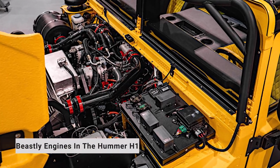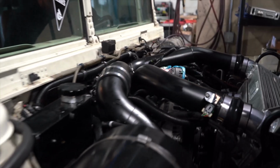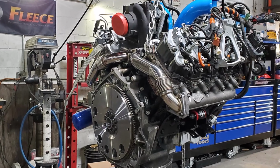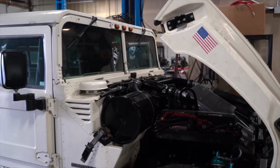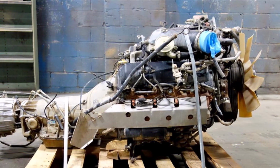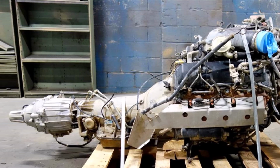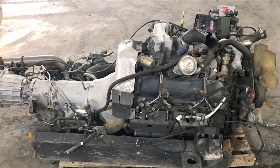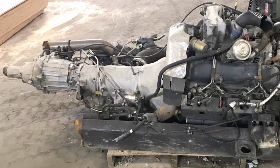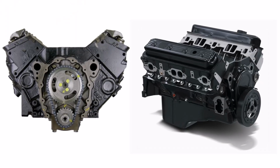Beastly engines in the Hummer H1. Over the Hummer H1's long production, many strong, reliable, and powerful engines were used. Some of the most impressive and standout engines include the 6.2-liter V8 Detroit Diesel GM, which was paired with a 3-speed automatic transmission, a 6.5-liter V8 Detroit Diesel GM with a 4-speed automatic transmission, a 5.7-liter V8 Vortec was connected